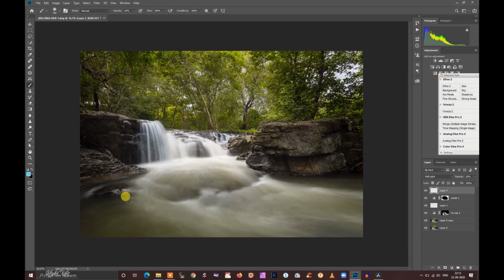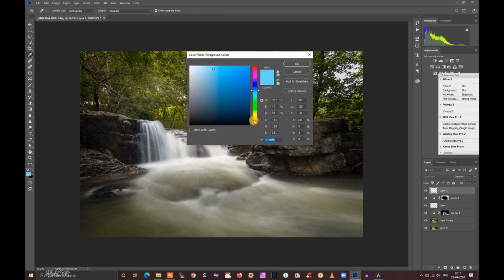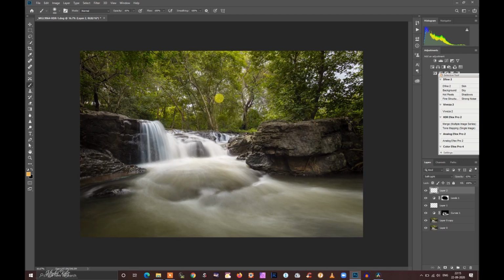That's it. In the same way, we can change the foreground color to something like orange, faint orange. Enlarge the size of the brush by pressing bracket keys. I will leave the opacity at 16%. And on the same blank layer, I will paint this foliage behind the waterfall with this orange.